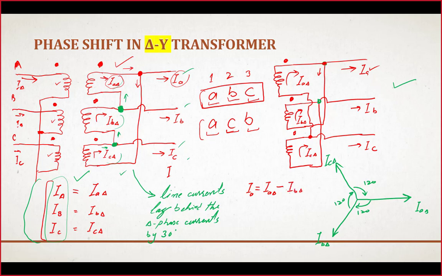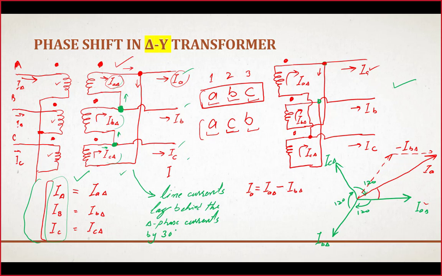If we implement this equation on the phasor diagram, here is IA delta as it is, the minus of IB delta is this negative 180 degree replica of IB delta, so that will be minus IB delta. Now we have IA delta and minus IB delta, that is simply the addition of these two vectors by using the head to tail rule. Here is the sum of these two, and this is current IA, the line current on the delta side. Now look at the magnitude of this, that is root 3 times greater than IA delta.